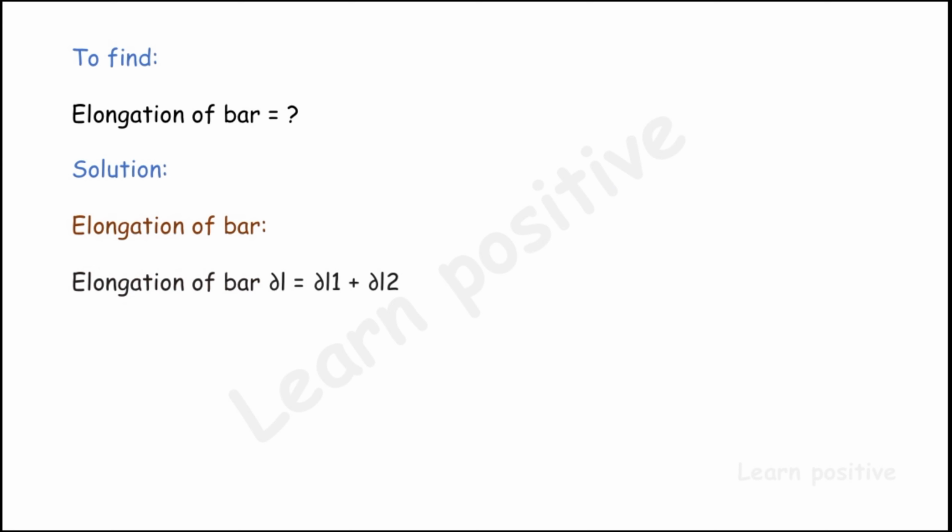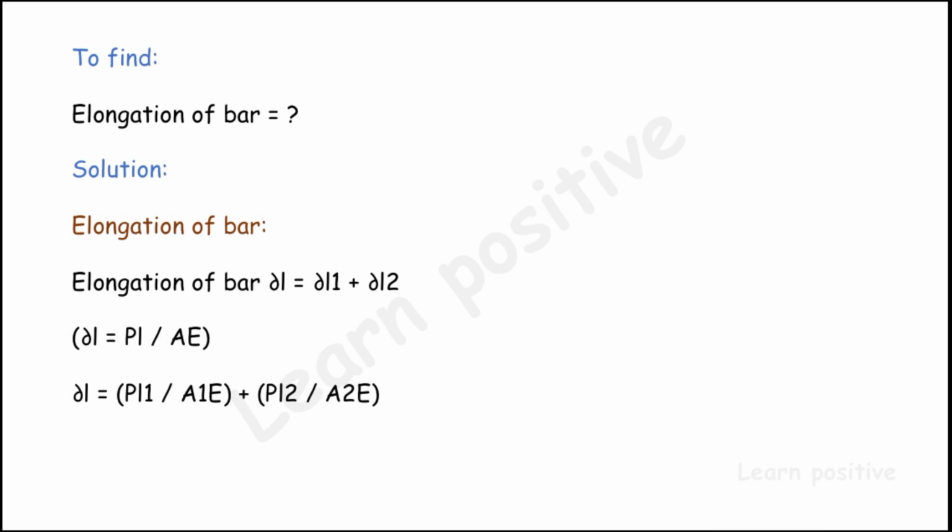Next we are going to find the total elongation of the bar. Now I am going to write the solution. Because here we have two segments, elongation 1 plus elongation 2 is the total elongation of the bar, del L. So del L equal to del L1 plus del L2. The formula for del L is PL by AE. Converting it for these segments, del L equal to PL1 by A1E plus PL2 by A2E, for the first segment and second segment.